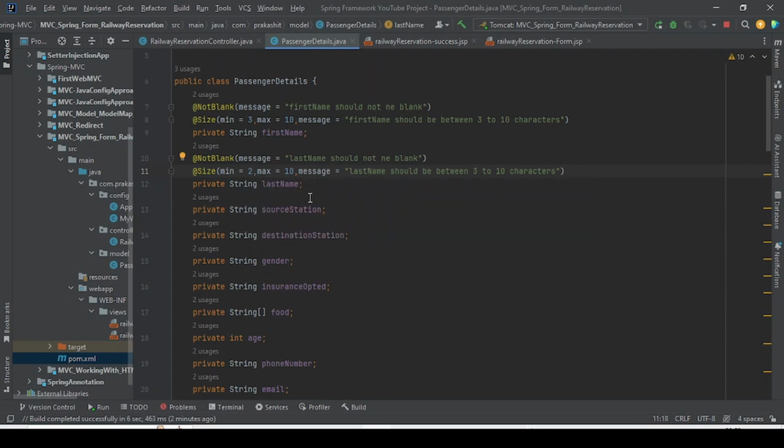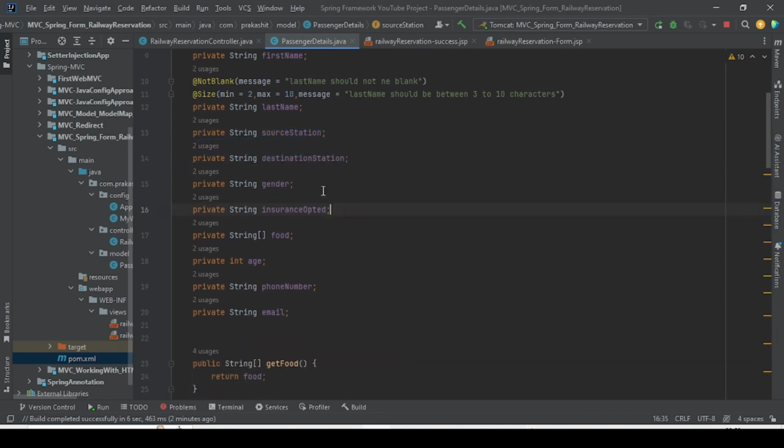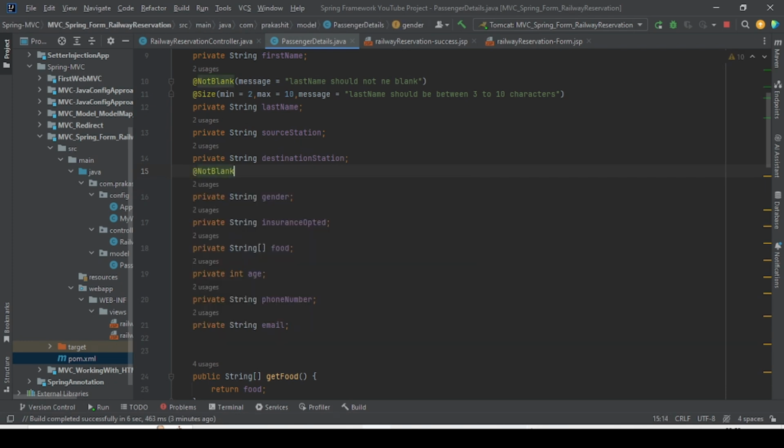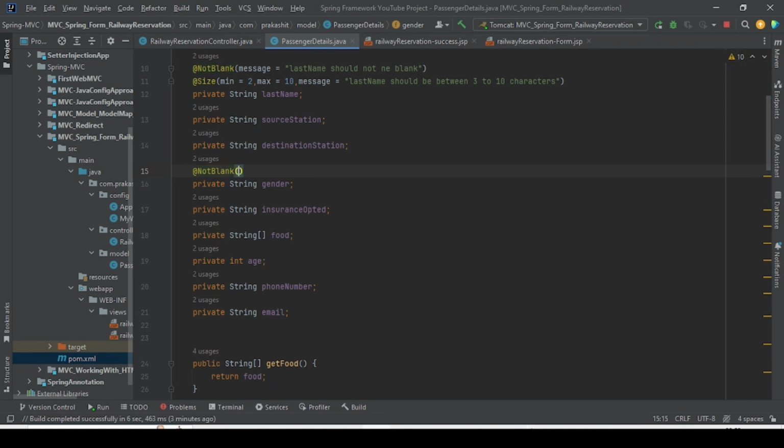Okay, that is done. The source and destination are auto-populating, so some value will come, and we can make it default. It should not display any kind of value, that we can do, but for the timing we are not imposing anything. And for the gender, it should not be blank. For that I'm going to write a message,